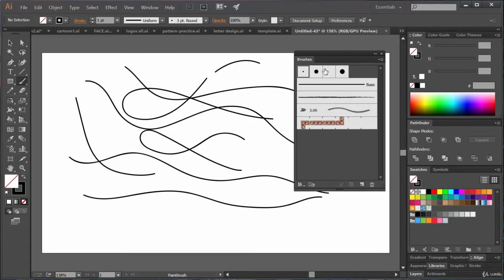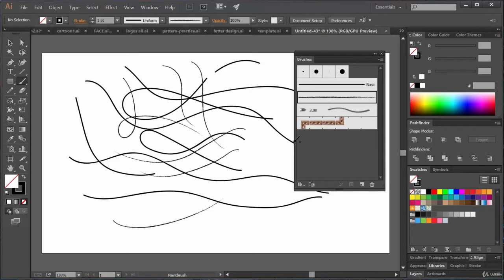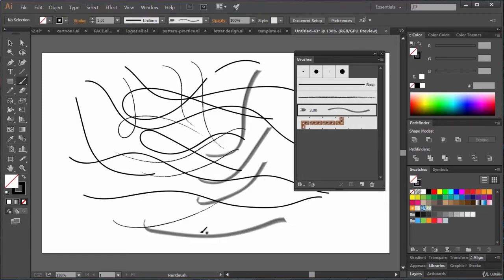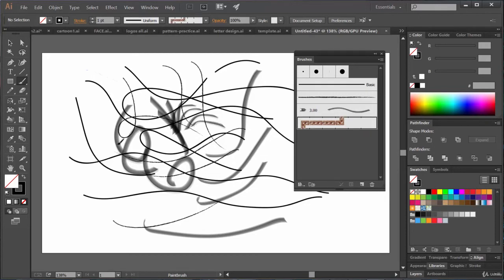and here you will see some default brushes that are present in Illustrator. This is a basic brush, this is a pencil kind of brush, see, charcoal brush, and this is a bristle brush. Bristle brushes are helpful in drawing some hairs that we will see but later on. And this is a pattern brush.